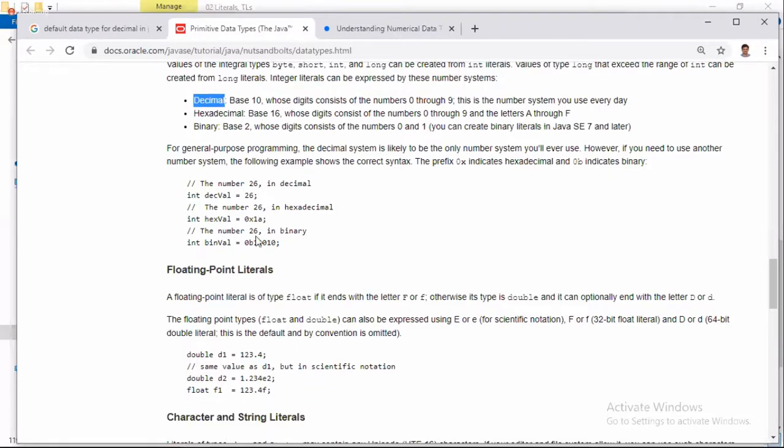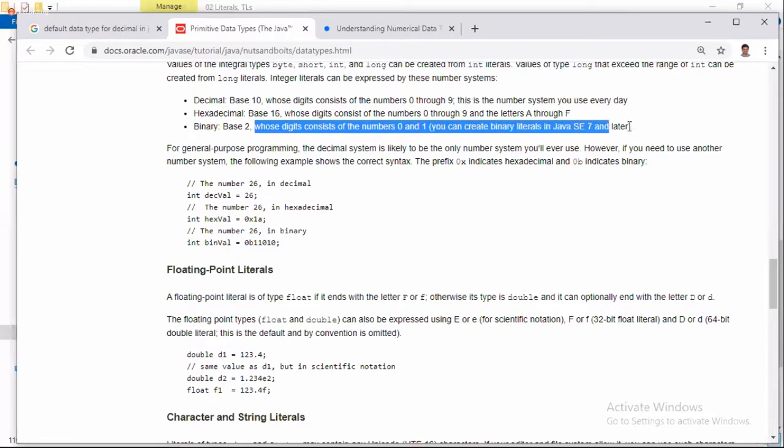Decimal, okay, my terminology is right here. Decimal is base 10, whose digits consist of the numbers 0 through 9. This is the number system you use every day. Hexadecimal is base 16, whose digits consist of the numbers 0 to 9 and the letters A through F. Binary is base 2, whose digits consist of the numbers 0 and 1. You can create binary literals in Java 7 and later.